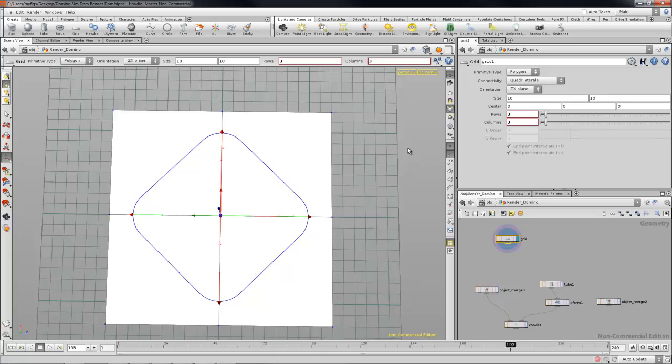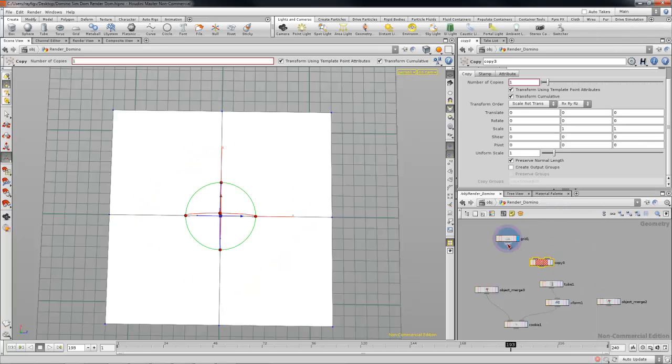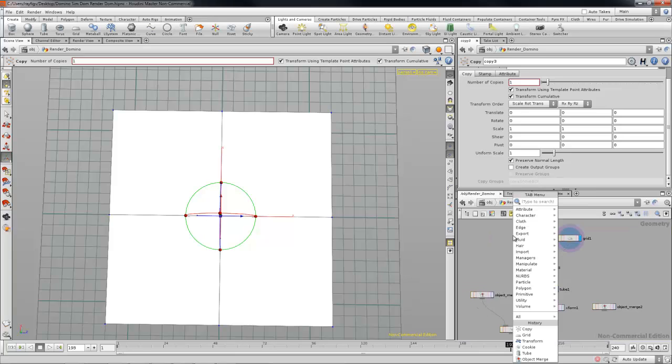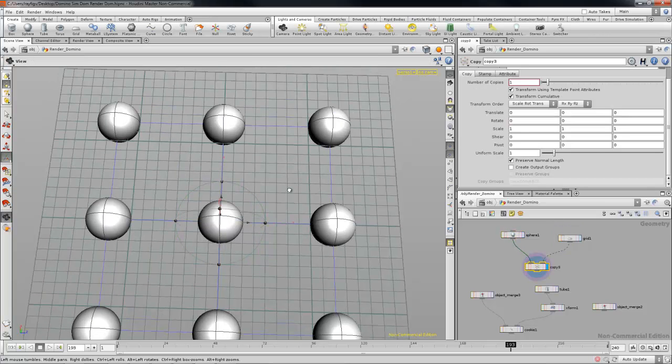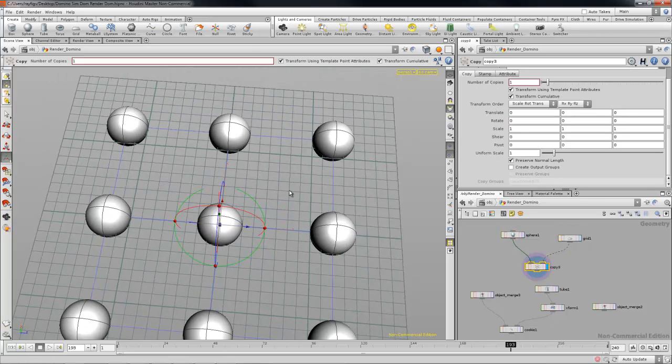Cool. So now with this, we're able to have these points, and then with those points, we'll actually do a copy here. The grid will be our template, and then here we'll grab a sphere, plug this together. So now if we look at this, we have spheres on all of our dots right now,